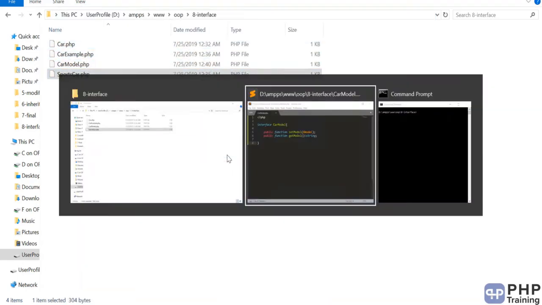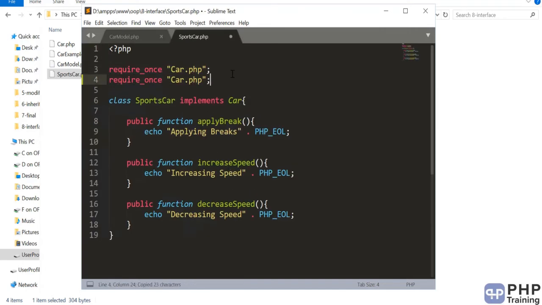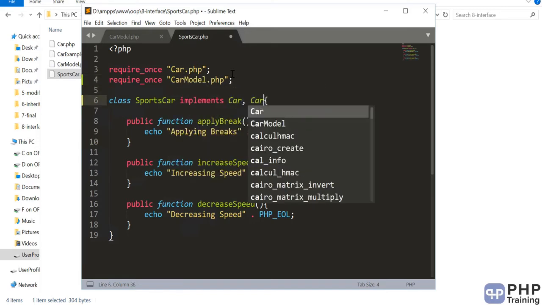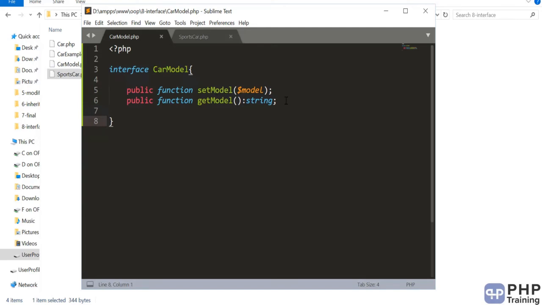We have a sports car, so sports car will implement both the interfaces. Okay, so we say car model here. Okay, so one class can implement multiple interface. Okay, and once you implement car model, now you have to define both of these methods.